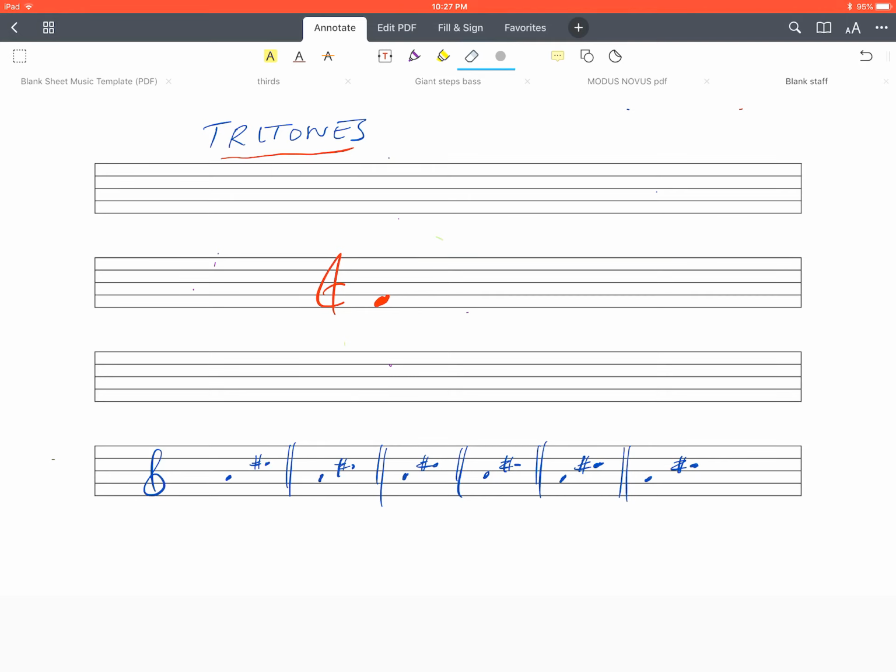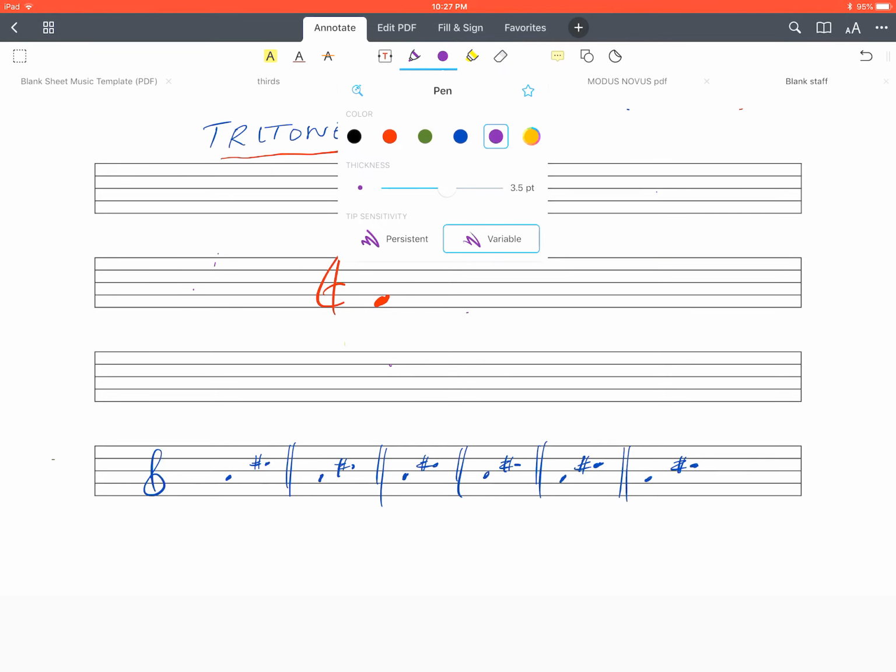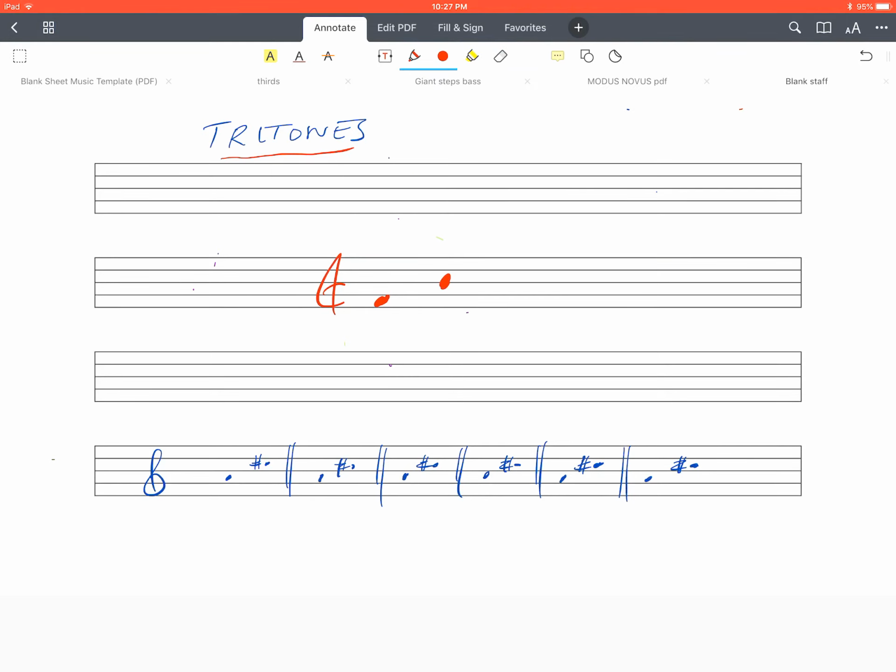All right. So what I want to say is that when we first hear them, the most common thing to hear is that one of these is the 7th and the other one is the complementary 3rd or the 7th. That's often how we hear tritones. When we get further on in these videos, and it's certainly in modus novus, we'll hear things like this, and we'll hear things like this. In other words, mostly